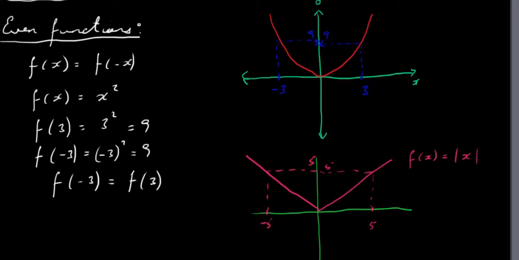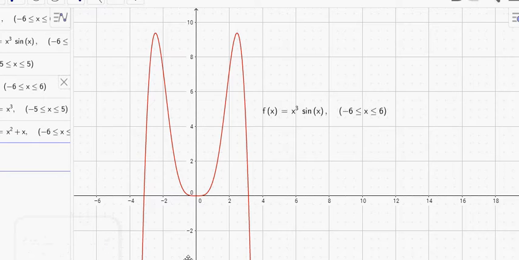Now I've drawn a more complicated one here. Let me just see if I can bring this up. This is what it looks like here, and this is y is equal to x cubed times the sine of x, and this is what it actually looks like. It mightn't be obvious from the actual function itself that this is even if you weren't given the graph, but you can see that it is symmetrical around the y-axis. So if you take 2, for example, come up here and go across, you get something up here around 7.5, I think. If you take minus 2, you'll get the same value. So f of 2 is equal to f of minus 2 here.